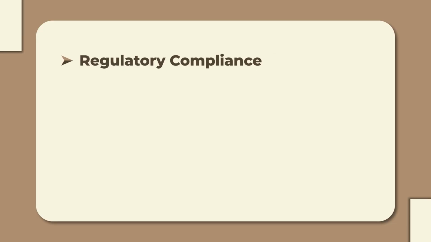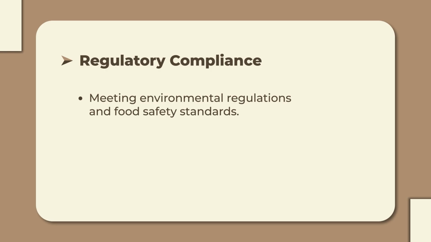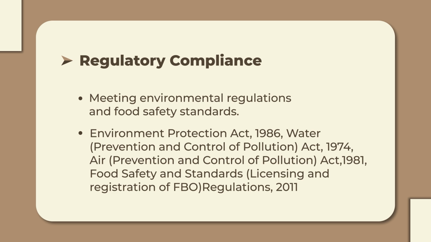So like all the food industries, they need to comply with the standards, rules and regulations and the requirements as per the existing rules and regulations of the country. In India also we have the Environment Protection Act 1986, the Water (Prevention and Control of Pollution) Act 1974, the Air (Prevention and Control of Pollution) Act 1981, and the Food Safety and Standards (Licensing and Registration of FBOs) Regulations 2011. So all these acts, rules and regulations give the specifications which the food industry needs to follow with respect to